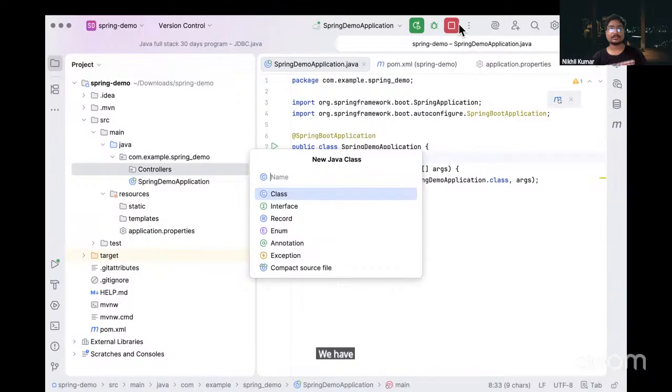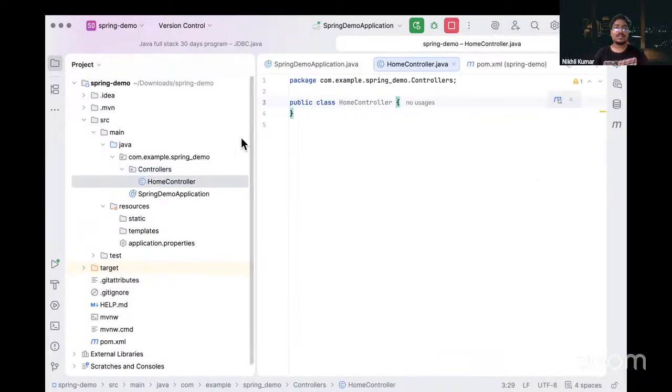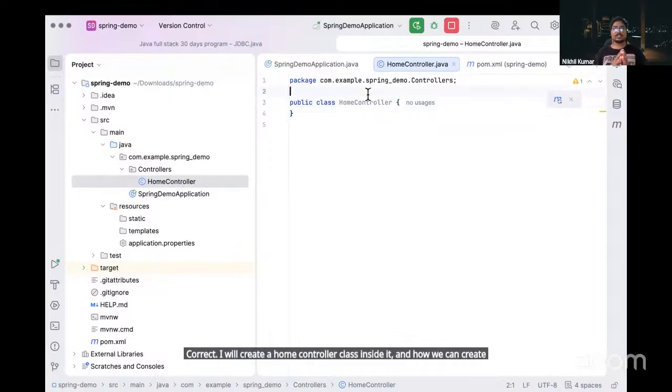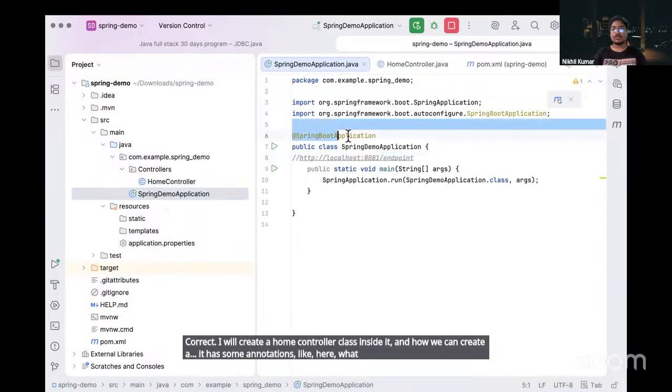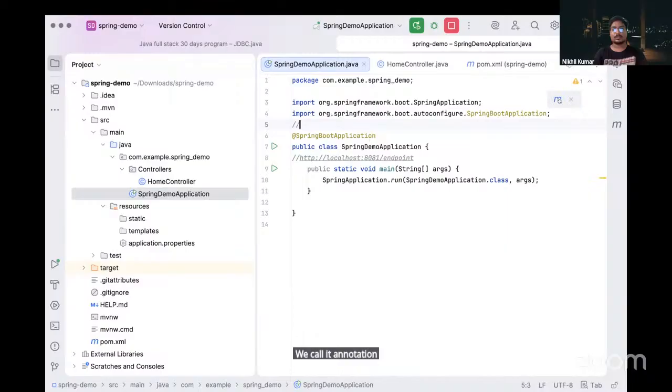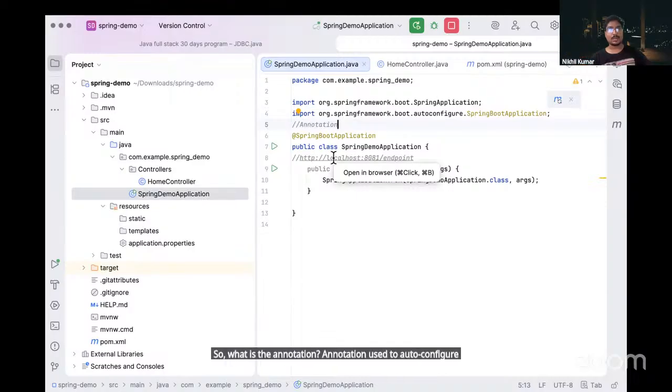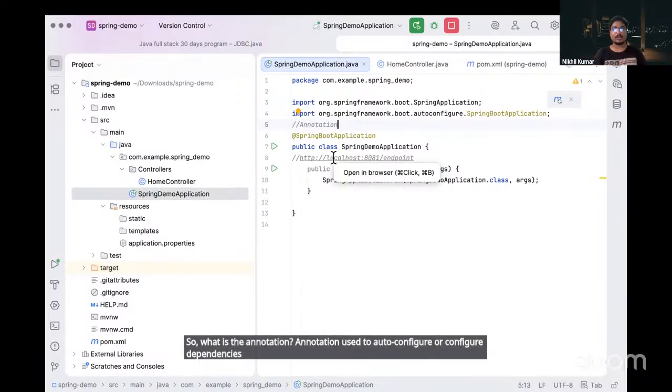We have to create something. I will create a home controller class here, and inside it we use some annotations. What is this? We call it an annotation. What is an annotation? Annotations are used to configure dependencies inside our project.